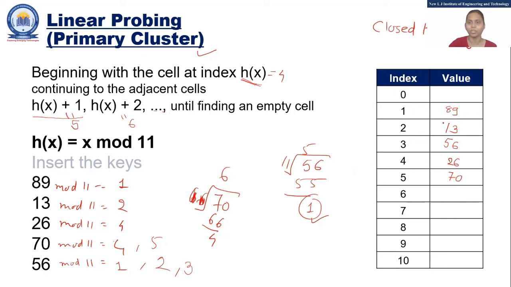But here what you can see is they are forming one cluster. All the values are very near each other, and that's why it forms a cluster. This cluster is known as a primary cluster. If my values are in a small bunch, then we can say they create a small cluster. But here it is creating one joined big cluster. This is the way we can say linear probing ends up with a primary cluster. Many times it ends up with a primary cluster.